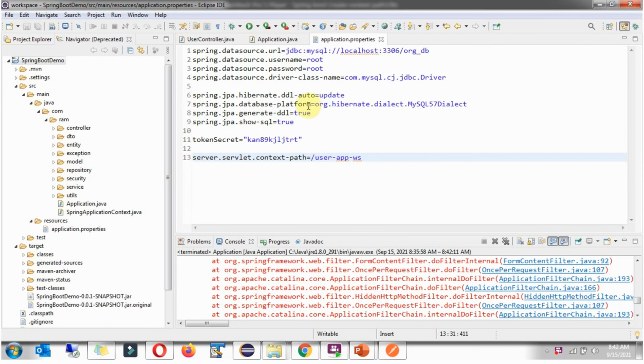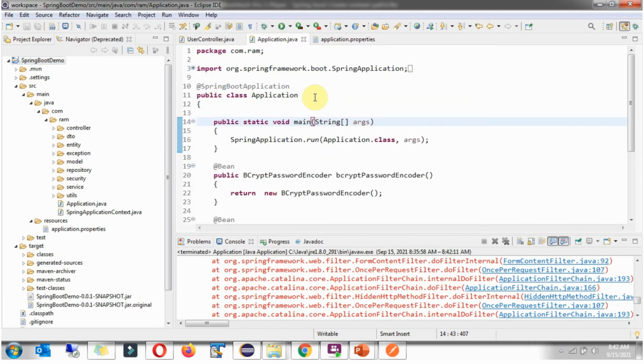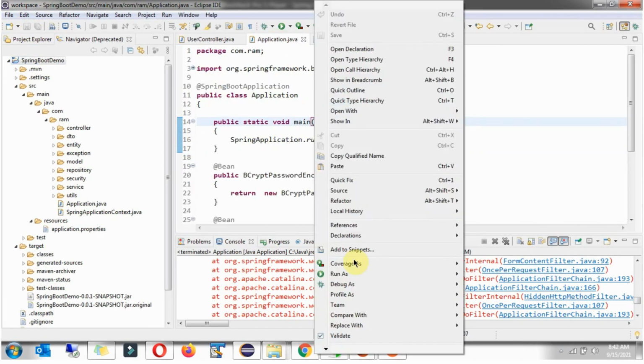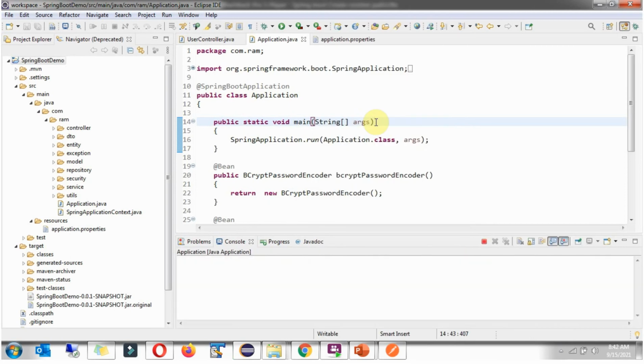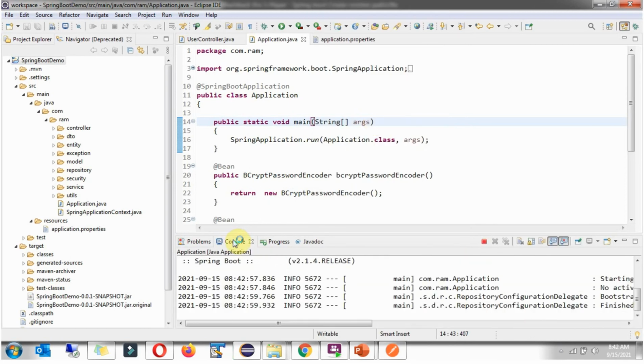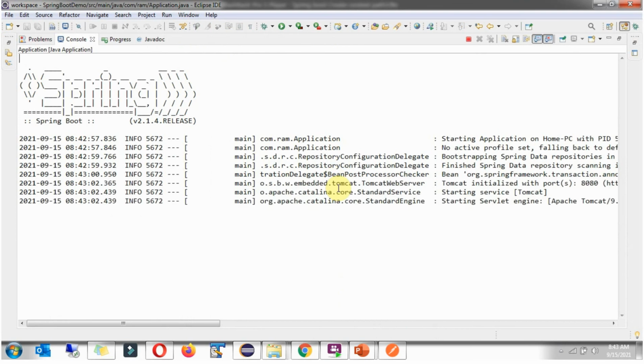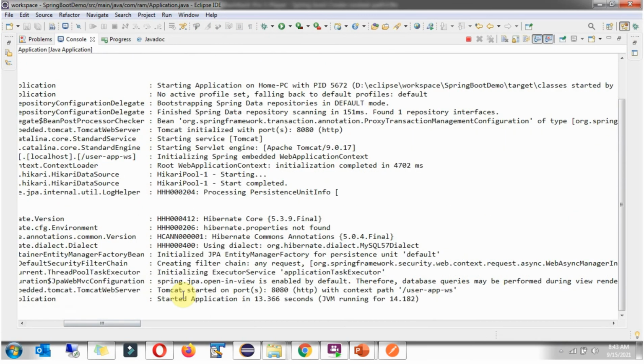Save this change and again start the server. And here you can see Tomcat started on port 8080 and this time the context path is this one.